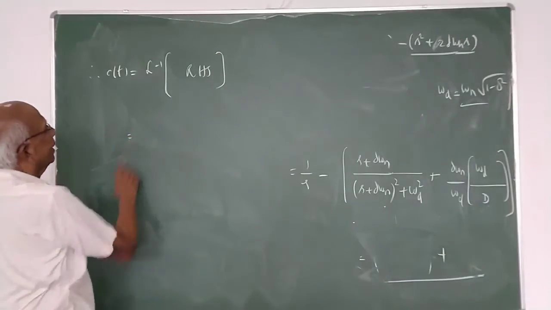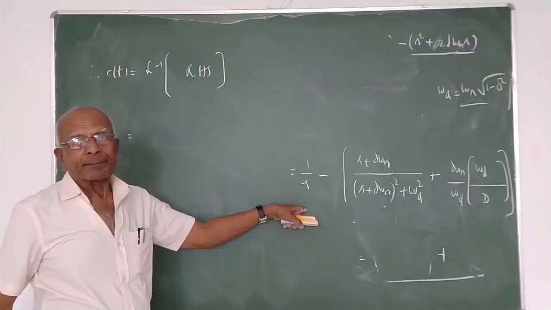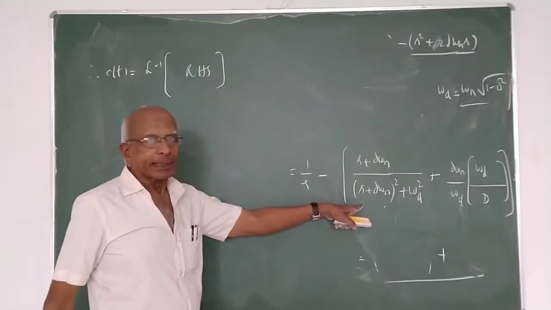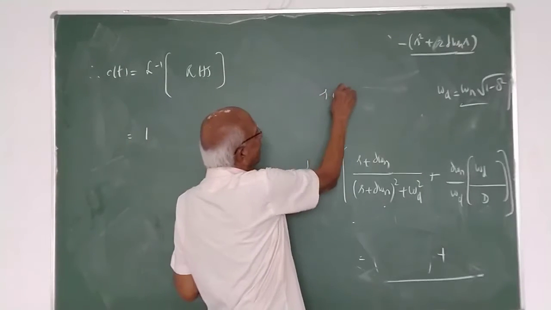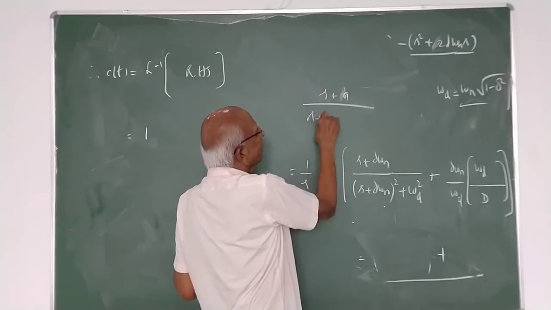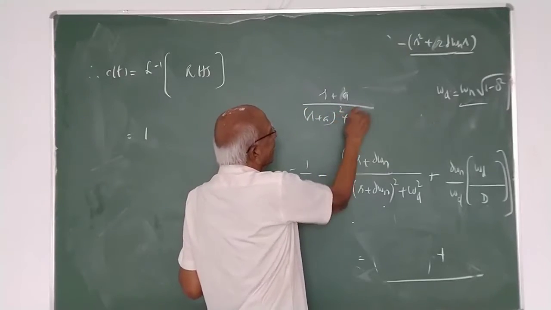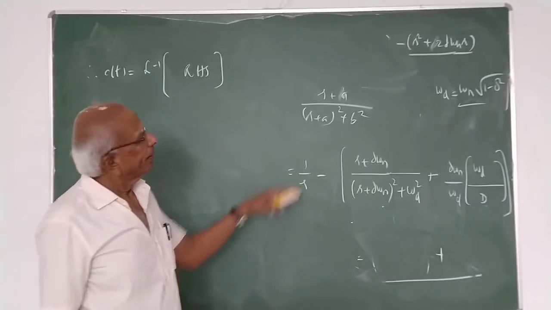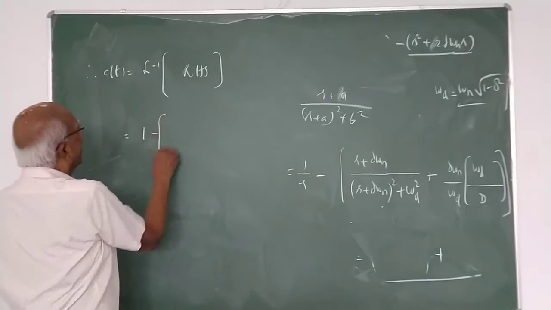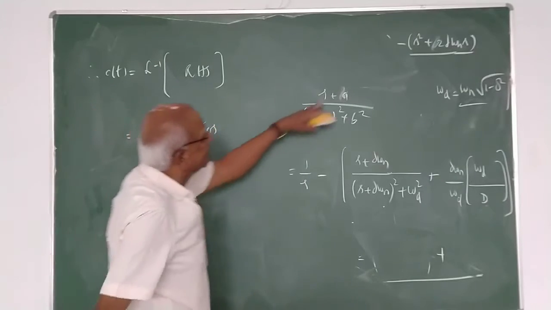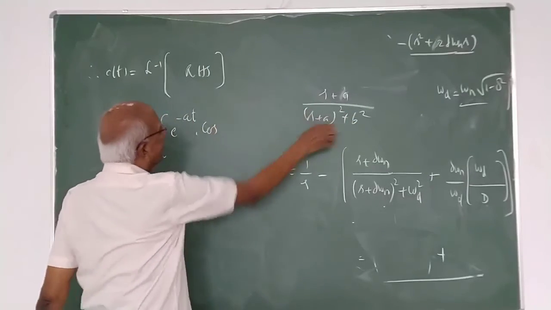This is Laplace inverse of 1 by s. Just 1. Take this term. Is it not just like (s plus a) over (s plus a) whole squared plus b squared also? What is the Laplace inverse of this? Is e to the power of minus at, correct? Into cos. If s plus a comes there, it is cos of bt.